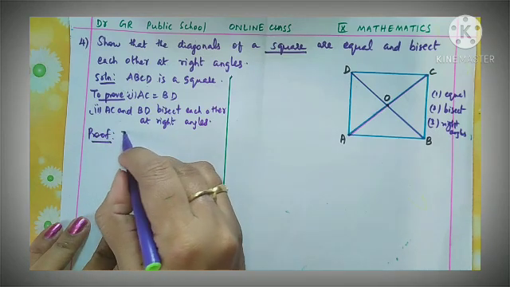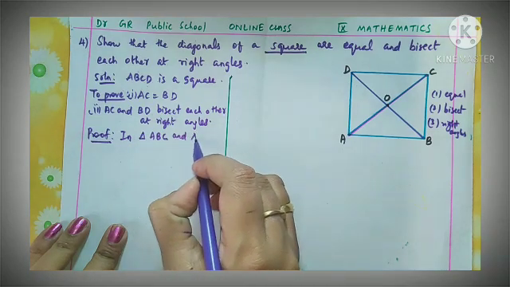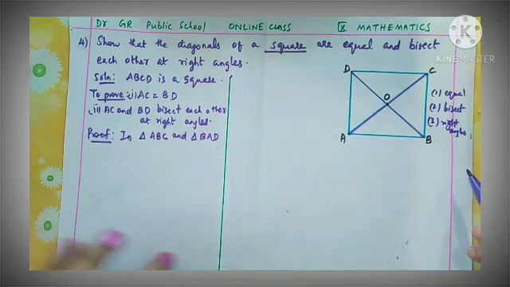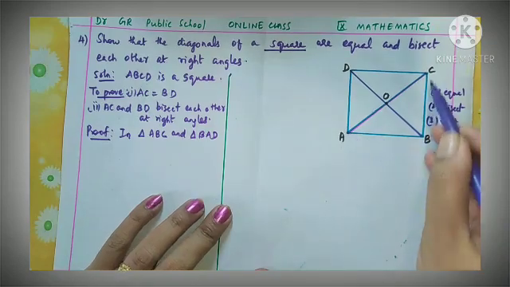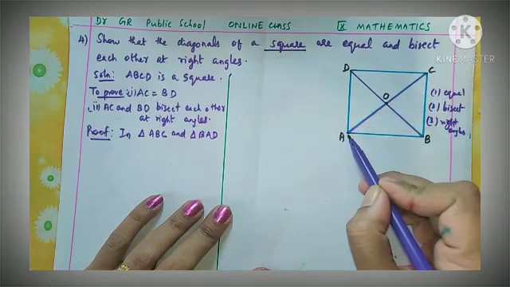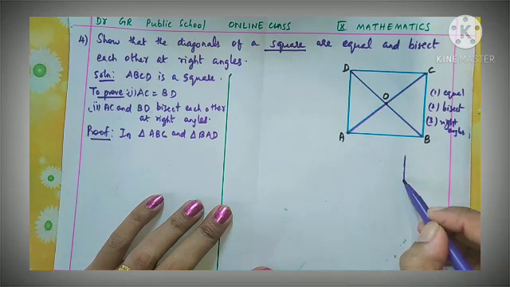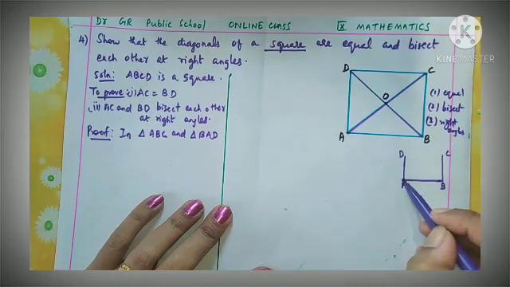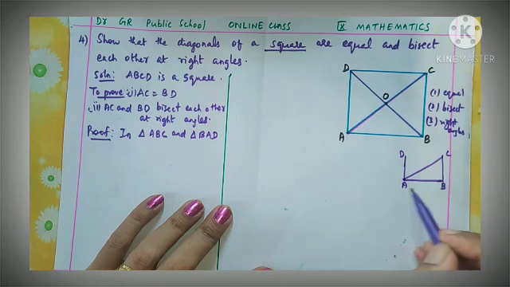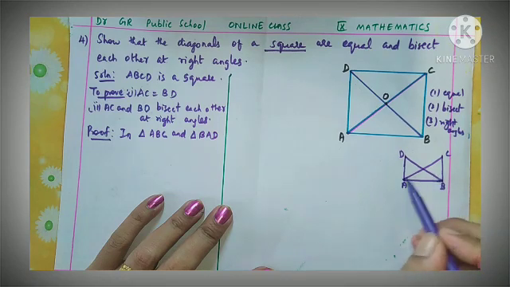In the proof we are going to consider first triangle ABC and triangle BAD. So all of you come to the figure and see this triangle ABC and BAD. As we saw in the earlier problem, that is your first problem, ABCD. So we are going to consider this triangle ABC, and this one, triangle BAD. Yes, so these are the two triangles we are going to take now.